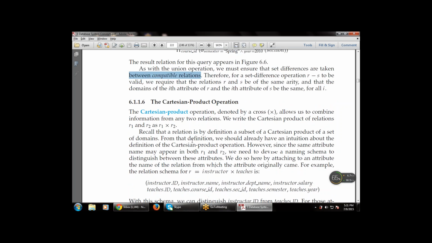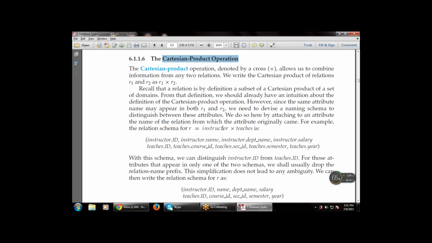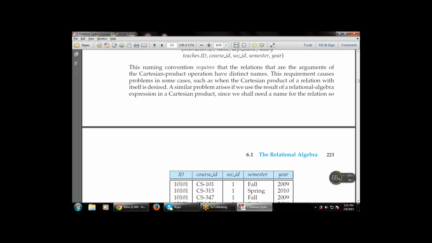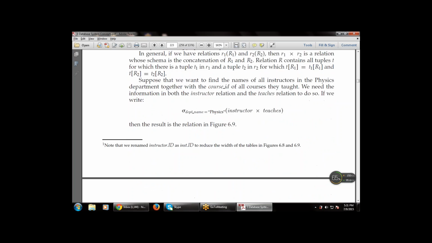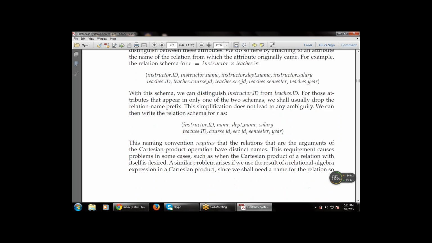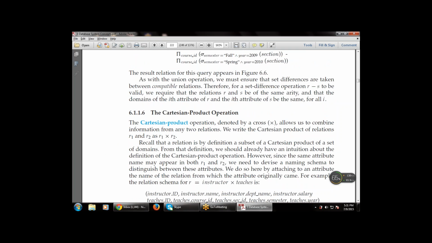Next, if I want to find the Cartesian product, that is denoted by the multiplication sign. I am not taking this right now, but it is a very important concept. We have covered the projection, the selection, the comparison, the union, and the set difference. Five operations we have covered. Next is the Cartesian product operation, which I am not going to cover right now. I am covering this topic in the next class, tomorrow's class.